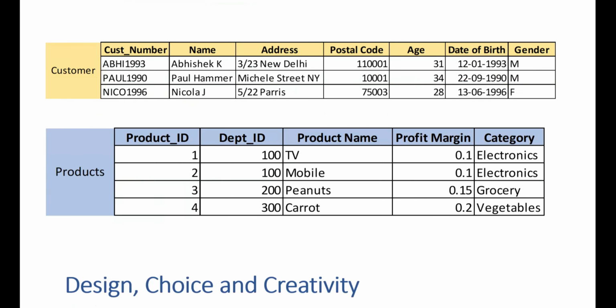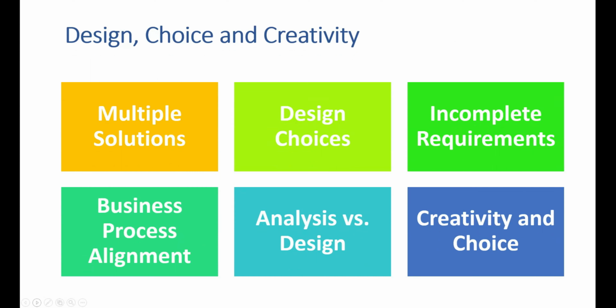So moving on, we have design choice and creativity. What this means is, when you are working as a data modeler, this is an aspect you need to consider. This analogy with architecture is particularly appropriate because architects are designers at the end of the day, right? And data modeling is also a design activity. That means when you are designing anything, consider you are designing a building, or a product, or a machine, right?